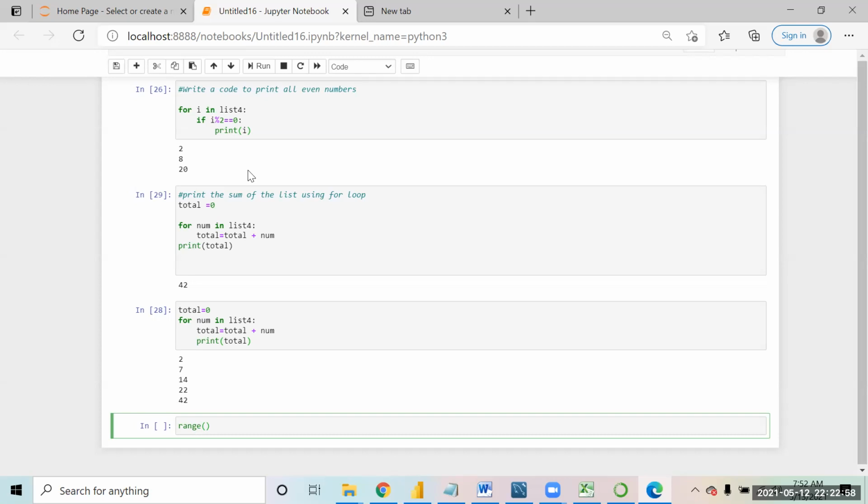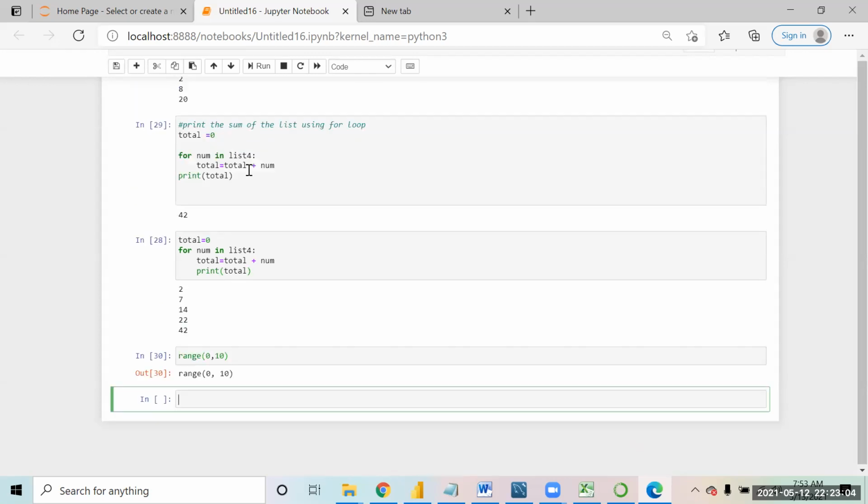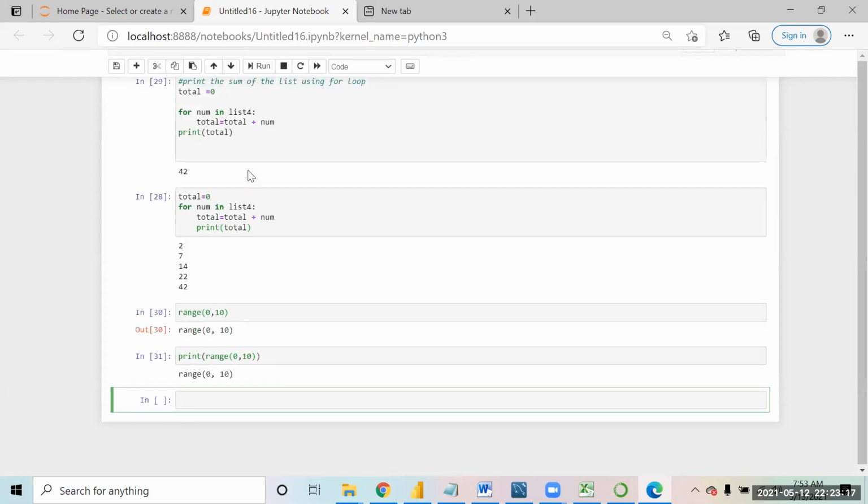So if I say range 0 comma 10, print. We'll have to use it like this: a equal to.